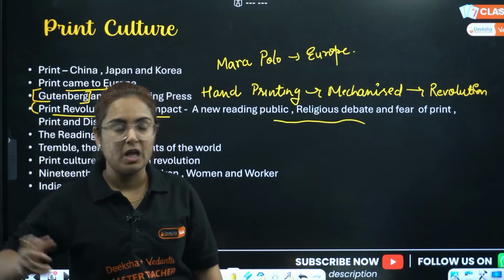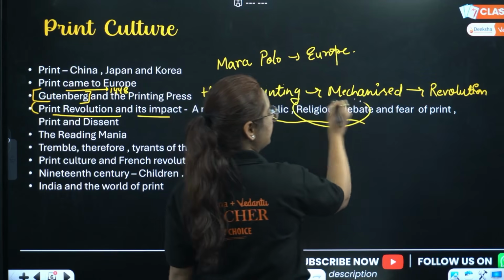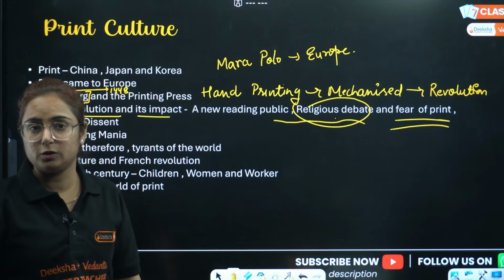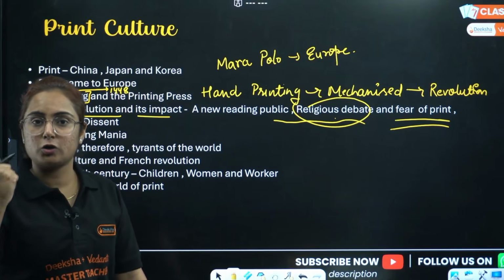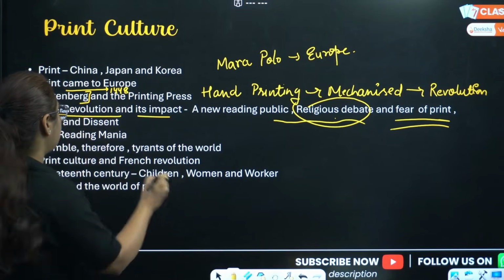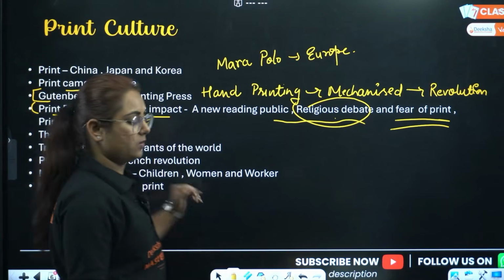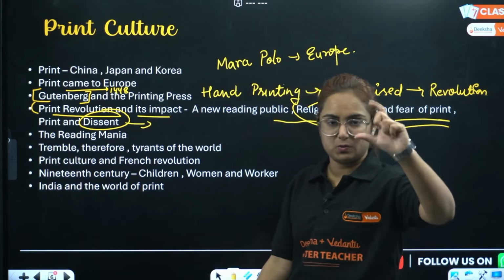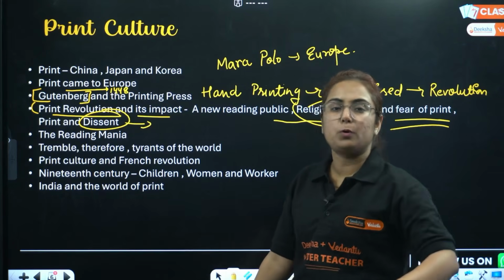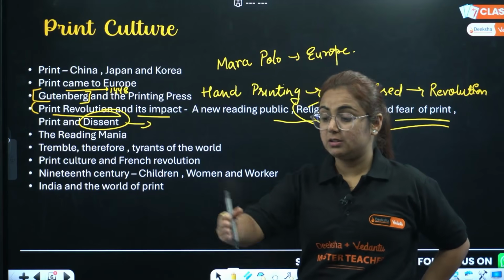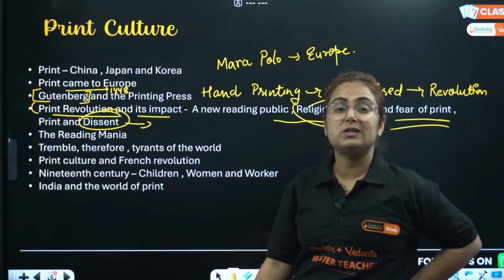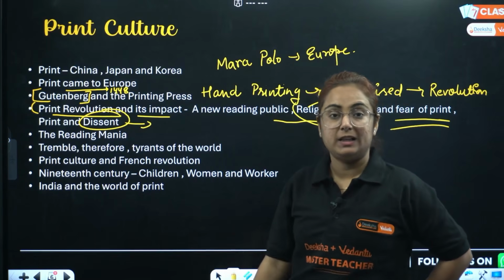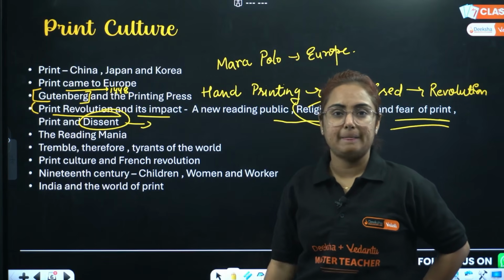Why? So now the religious questions started, and there was fear of print. Some people feared that, my God, this print is going to break our autonomy. And hence they started dissent, okay? Like prohibition of printed books. An index of prohibited books was prepared, saying these books would not be entertained in the market, because there were certain revolutionaries who were questioning their authority, like Martin Luther and Erasmus.